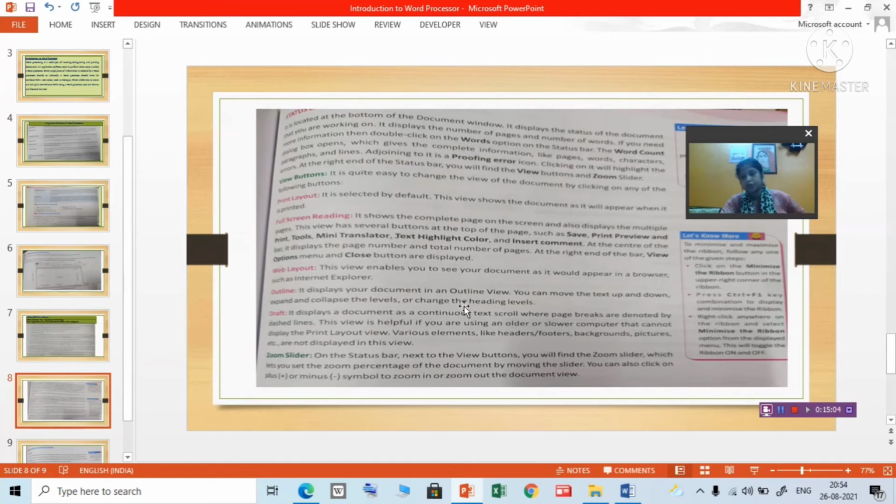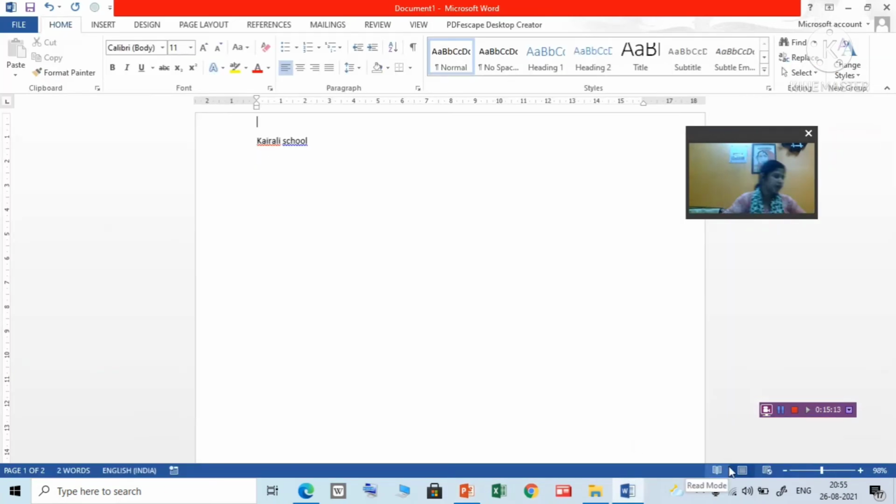I am using 2013, so outline and draft are not shown here. In draft mode, it displays a document as a continuous text scroll where page breaks are denoted by dashed lines. This view is helpful if you are using an older or slower computer that cannot display the print layout view. But nowadays this draft mode is not available.